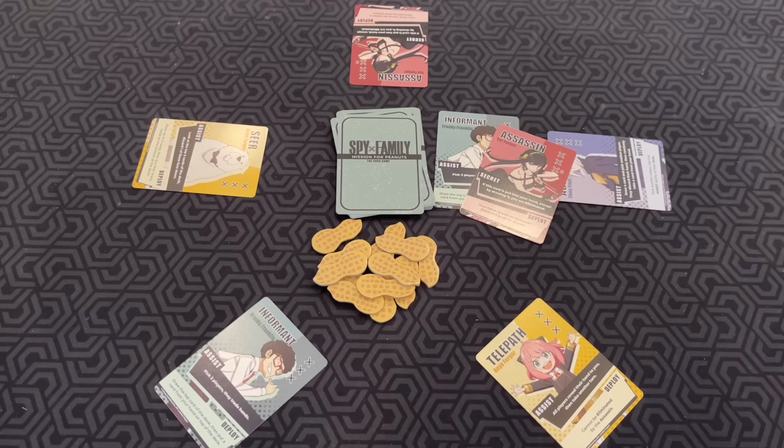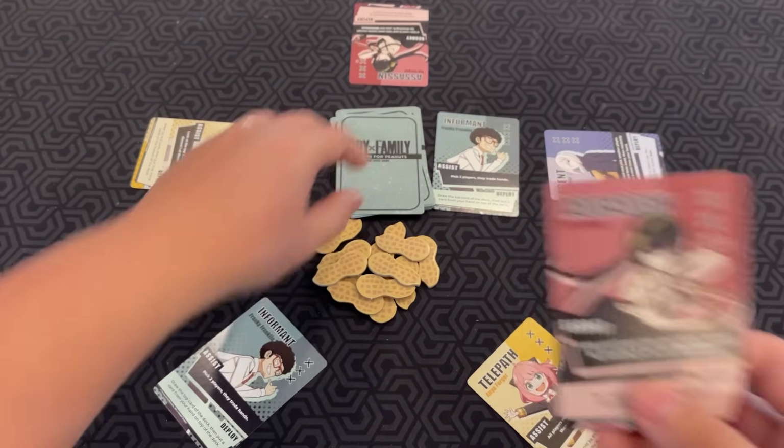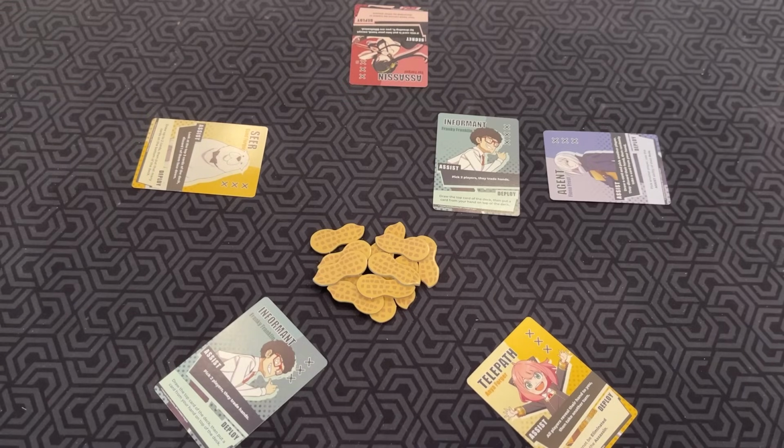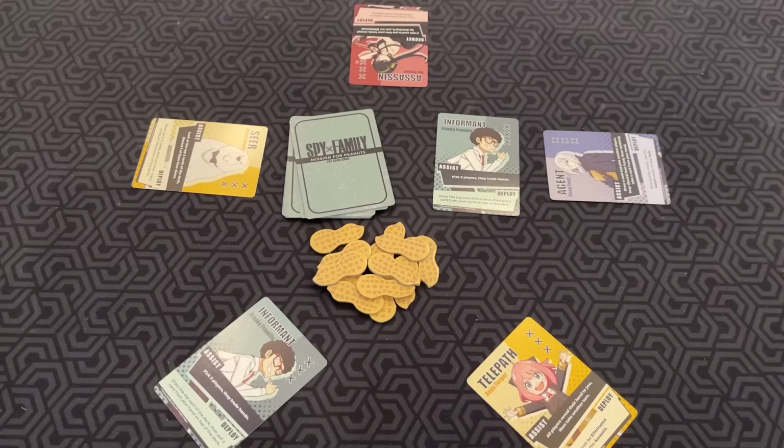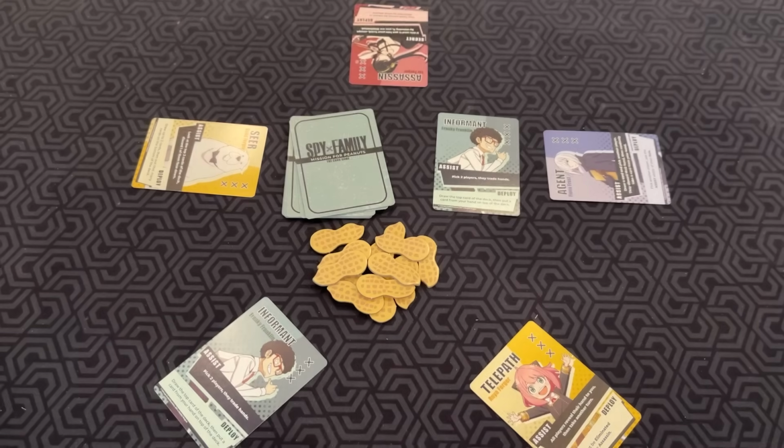If a player has the spy, the telepath, and the assassin after they draw, that player instantly wins the round. So, just showing you. Telepath is my role. Let's say I had the assassin. There's only 1 spy card in here, and it is randomly shuffled in after everyone gets their cards. So I get the winning combo. That's an insta-win. Another way a round can end is if all but 1 player is eliminated and the remaining